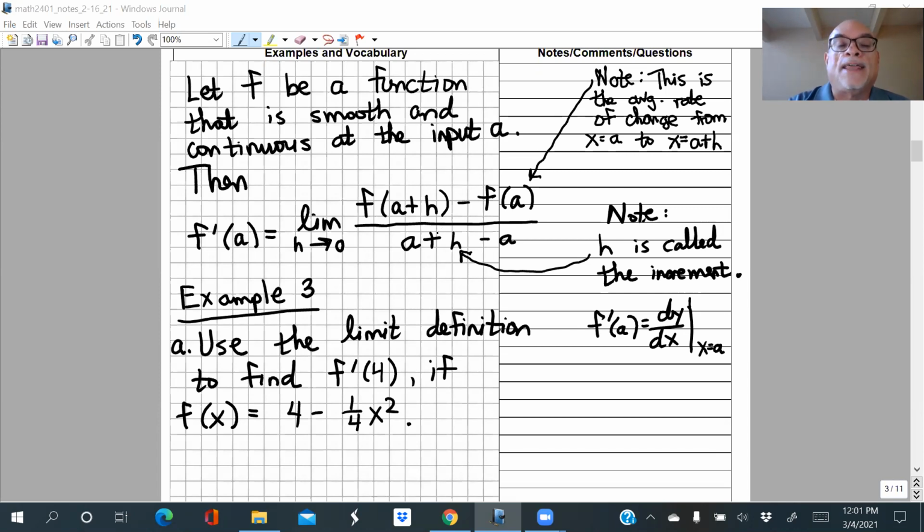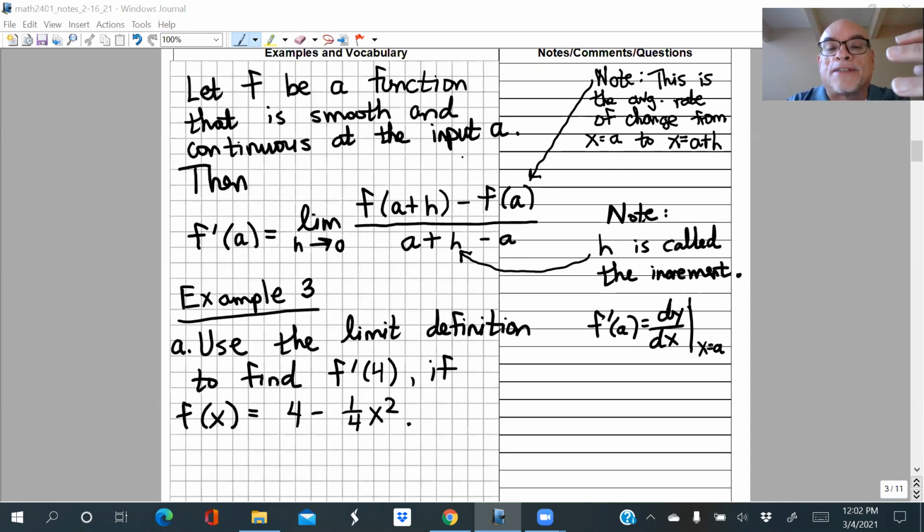Then, if you want to find the instantaneous rate of change of your function at that given input, at that starting input, here's what you do. This is the process that we just went through in Desmos, but here I have expressed it in mathematical notation. So what you're seeing in this equation now,